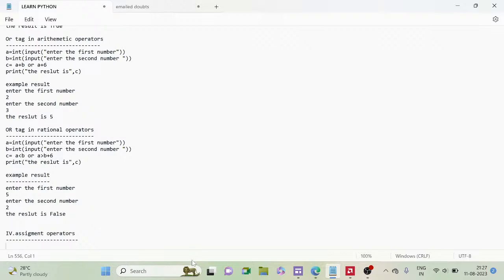So assignments, you all like, but it's not related to that. Okay, assignment operators, like we are doing like this. I will show you. Assignment operators are nothing but this: when I give a equal to 5, and at the next line